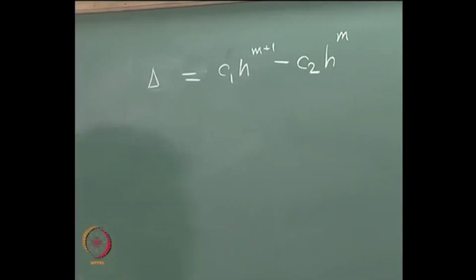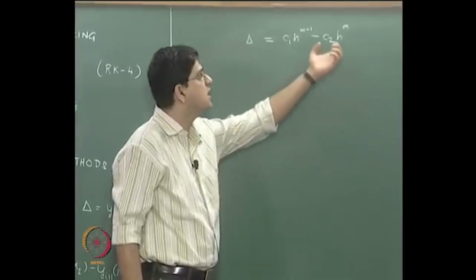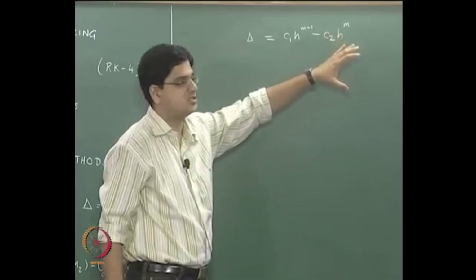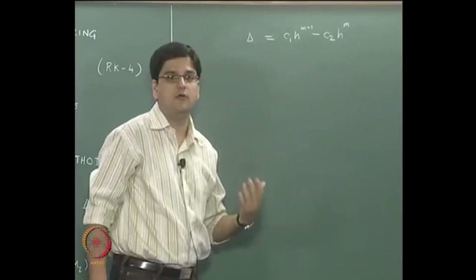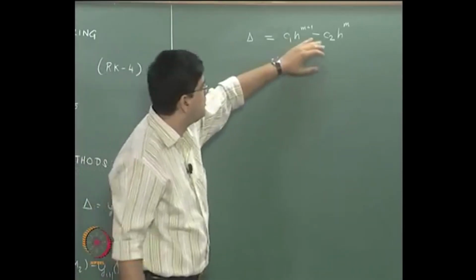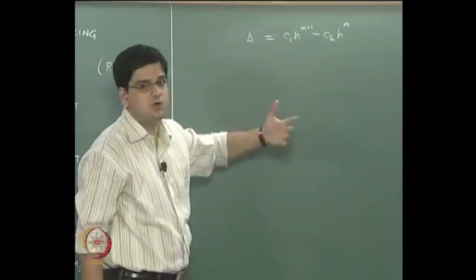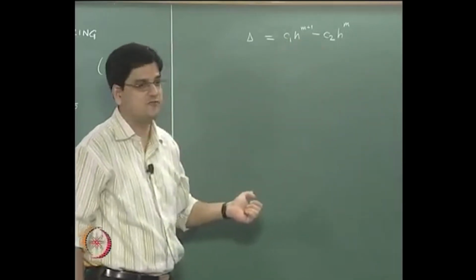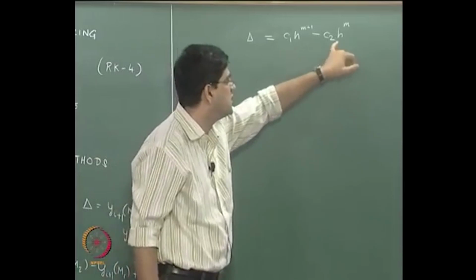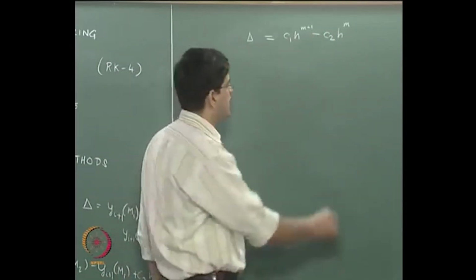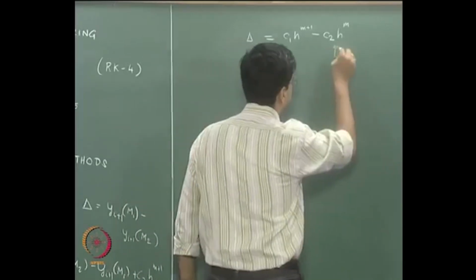Recall what we have been doing so far all the time. The term which has the least accuracy is the term that is going to govern how good or how bad our solution is going to be. The h to the power m plus 1 term is more accurate than the h to the power m term for very small values of h. As a result, this is the leading term that governs the accuracy. Okay. So this term